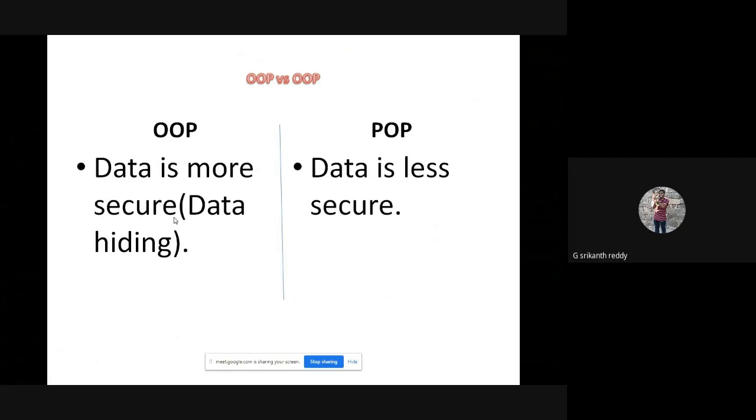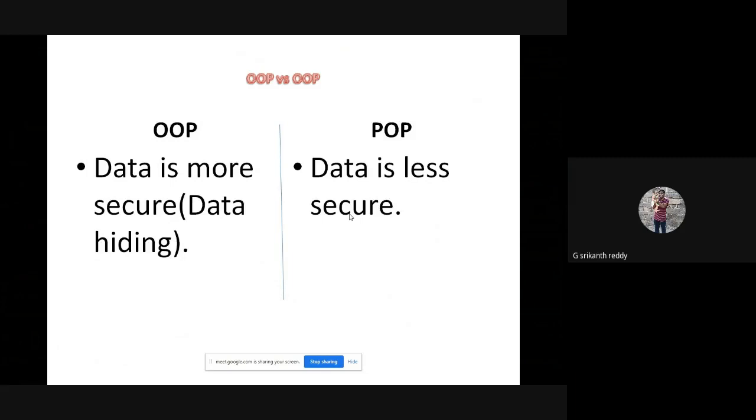So data is more secure in object oriented programming, whereas in procedure oriented programming, data is less secure because data is open. The global data is open to every function, so there is a scope for every function to access the data. So therefore, it is less secure.